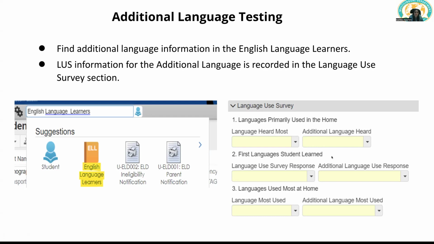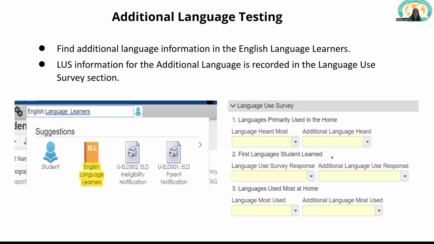So we implemented the new language survey that all districts have to use. And right now, when we looked at the additional language, which was not visible previously through Synergy, there were a lot of students that we had to test. But we wanted to wait until after the ELPA summative, because if we tested these kids, even though their primary use language is English, first language is English, we would have to have them take the ELPA summative as well. And so we already notified ODE.